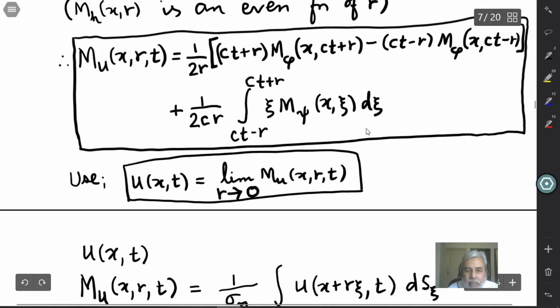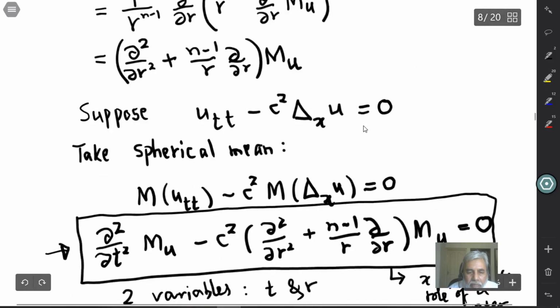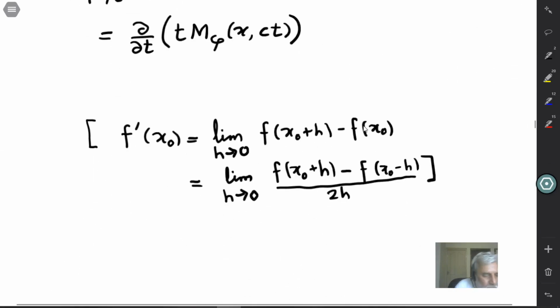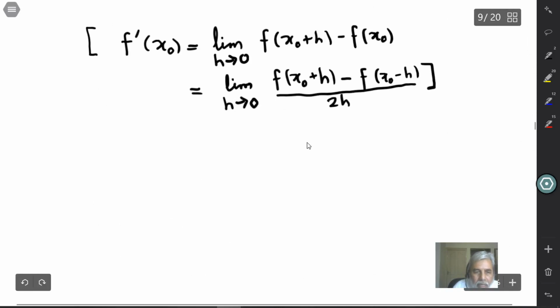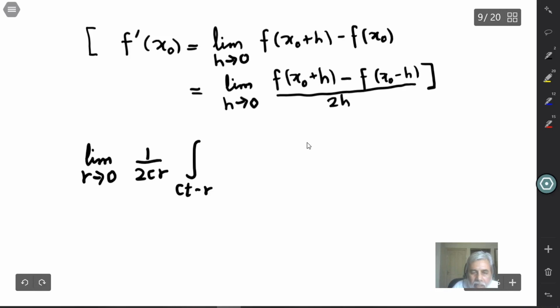Let me write that: the limit as r tends to 0 of 1 by 2cr, the integral from ct minus r to ct plus r of j times M psi at x, j, dj, is equal to